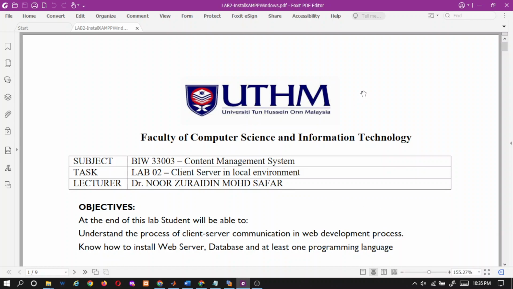For today's lab, I just want to give a brief information on how you want to deal with your lab session for lab number 2. So this is our second week. Your task is the client server in local environment. In other words, we want to install XAMPP in your PC or laptop. So hopefully you bring your own PC or laptop, so that it is going to be easy for you to use